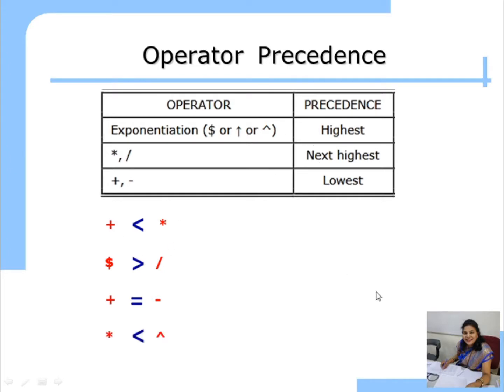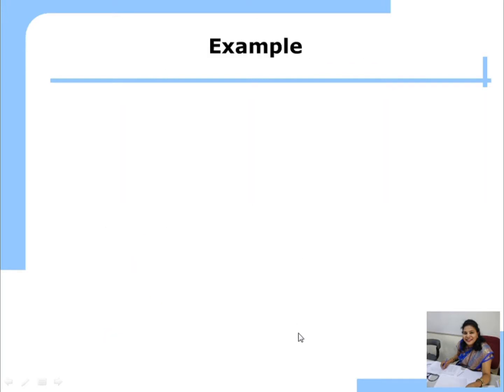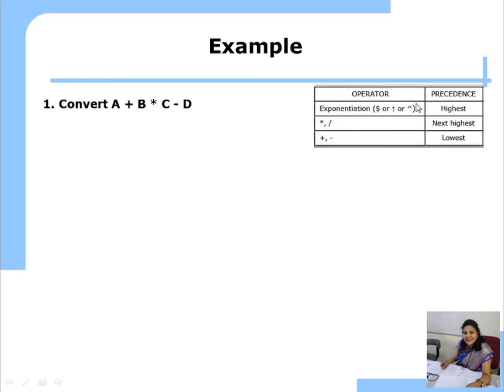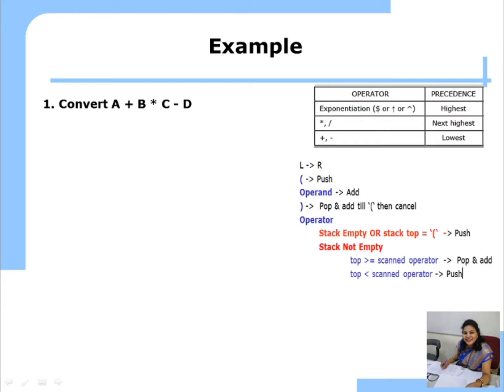Now again there is one example. Multiplication and raised to sign. Which is lesser? Which sign comes here? Less than. Of course, multiplication is lower than the raised to sign. Okay. So now we are going to solve the example of converting infix expression to postfix. For this we require this chart of the precedence of operators for comparing the operators, and this is the shortcut of our algorithm. Okay. So let us solve the example.